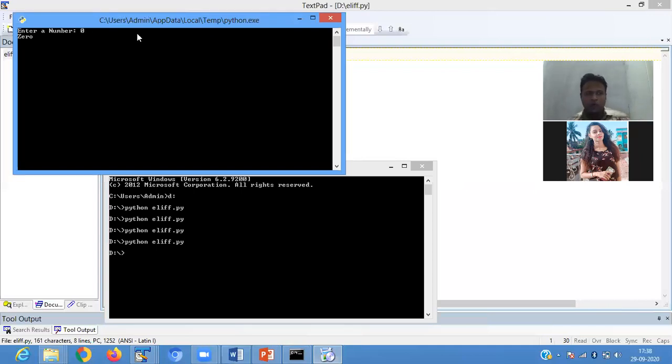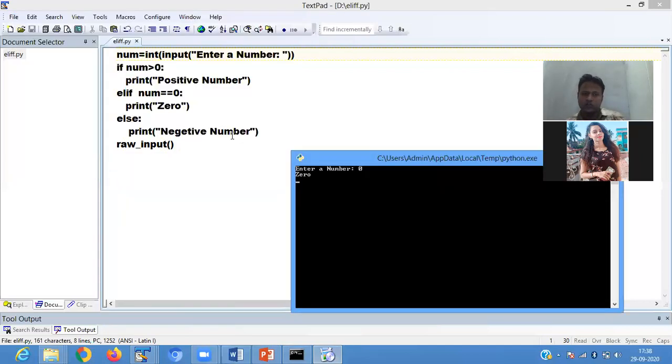If you are passing 0, then it is printing 0 here. Okay. Yes, sir.